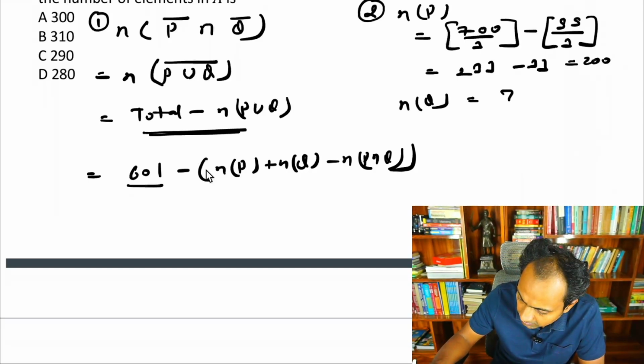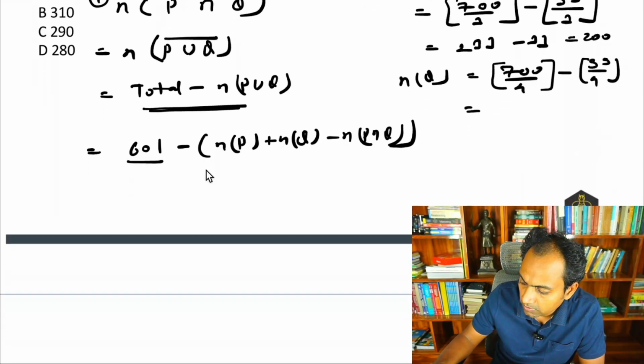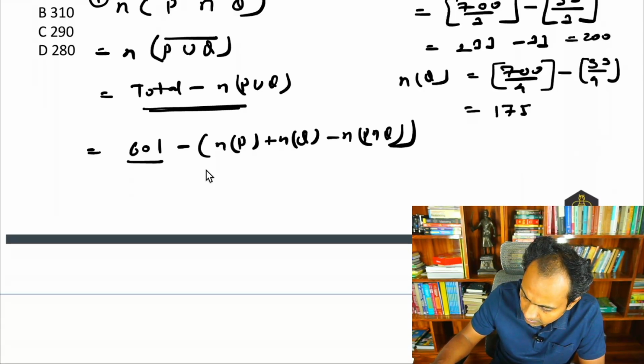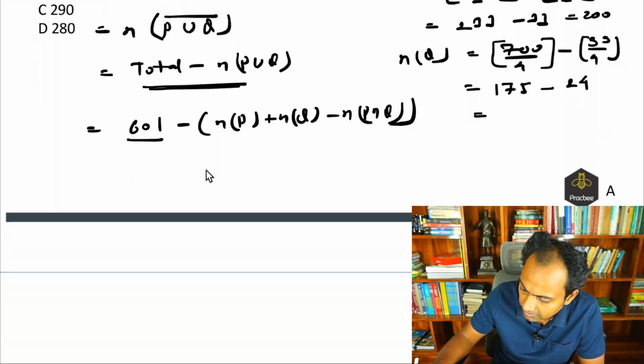If I want to find the number of elements in Q, let us see how to find it. It is nothing but a multiple of 4. So divide by 4, greatest integer function. 99 by 4, greatest integer function. This will become nothing but 4 times 1, then 30 will come. 700 divided by 4 is 175. If I divide this, it would be slightly less than 25, so 24. If I subtract, it comes out to be